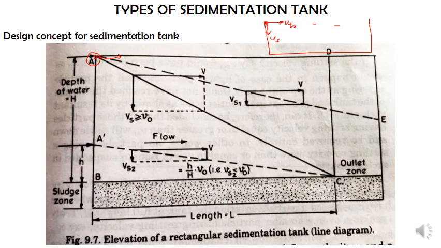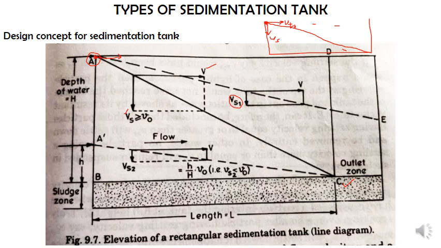So that's why, based on the horizontal and vertical velocity components this particle has, it is going to trace a flow path for the sedimentation tank. So the same thing, if I need to explain here, it is a point. We have horizontal velocity v over here, and we have settling velocity over here. If these velocities are there, this particle which is at A will trace this particular diagonal line and ultimately end up at C.